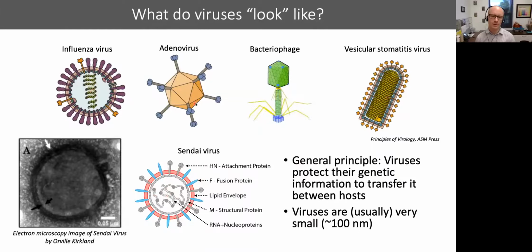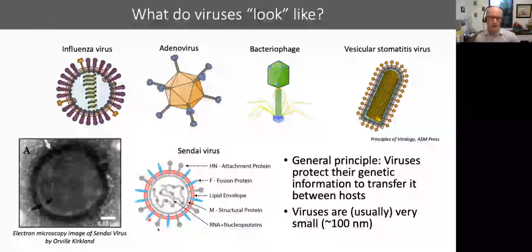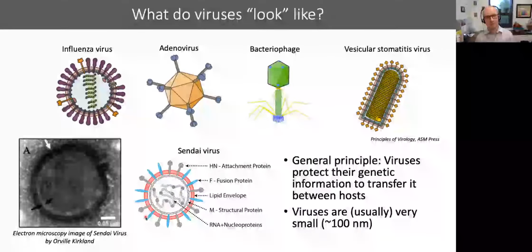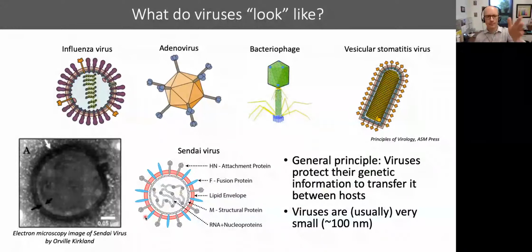You can't see it drawn for adenovirus. It would be inside this capsule. But this genetic material, it could be RNA, it could be DNA in a variety of formats, but however it exists, it contains all of the information about how to make all of the pieces that make up the virus. Surrounding the genetic material is what I will call a structural housing. And this protects the genetic information of the virus as it's transferred between hosts. This housing will also help the virus get into the next host cell, as we're going to see soon when we talk about the infectious cycle.